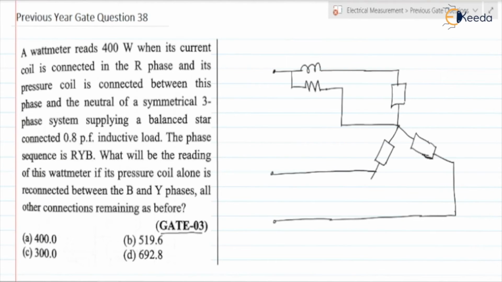So this type of circuitry we are having. This is for the first case, right? This is the wattmeter. Let us consider it as W. Phases are R,